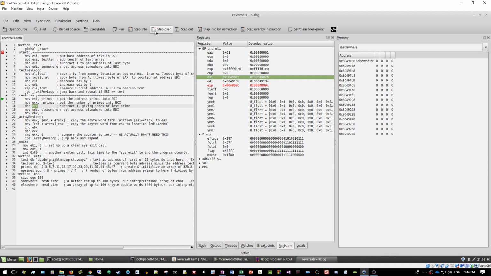Let's go ahead and do the steps just to see that. So step over, I just put the address of primes into ESI. So ESI now has the address of primes. Right there's the address, and right there's the address. Okay, now